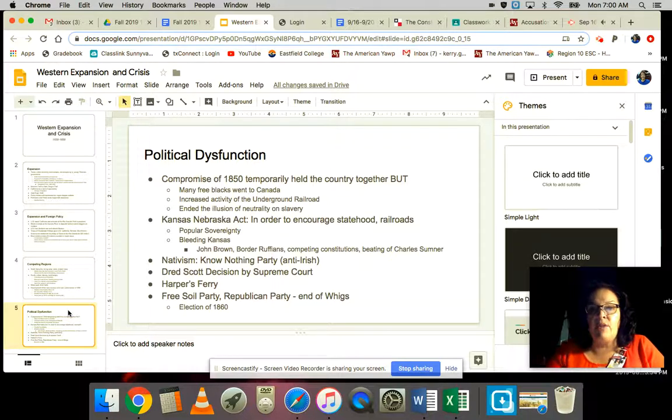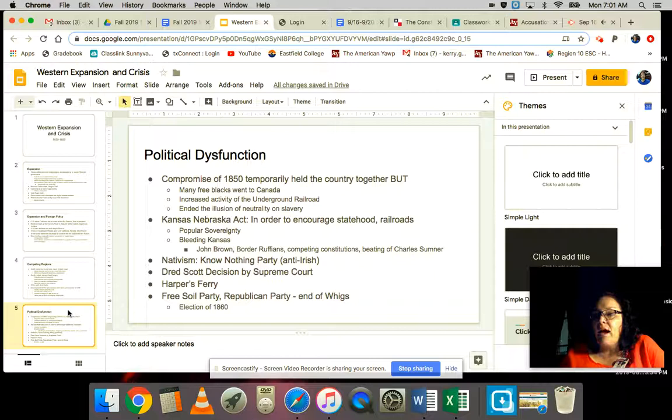Now, the issue is, though, that to get all these resources from the West into the East, you need to have a railroad, right? You have to finish products from the East to the West. So there's this big push to build some kind of rail system. And Stephen Douglas comes up with this idea of the Kansas-Nebraska Act, which is basically popular sovereignty. So that idea of popular sovereignty that existed for New Mexico and Arizona, where there weren't a lot of people, is now going to be applied to Kansas. And Kansas is much more attractive to people. It's much closer. And this is going to result in what's known as Bleeding Kansas, right?